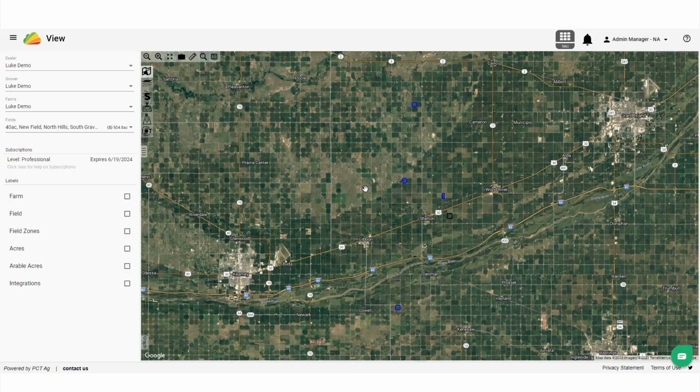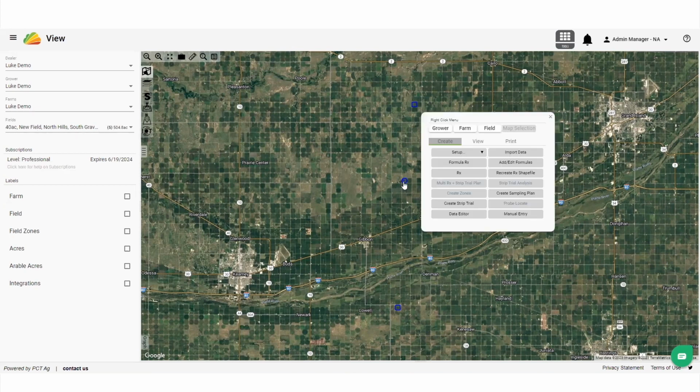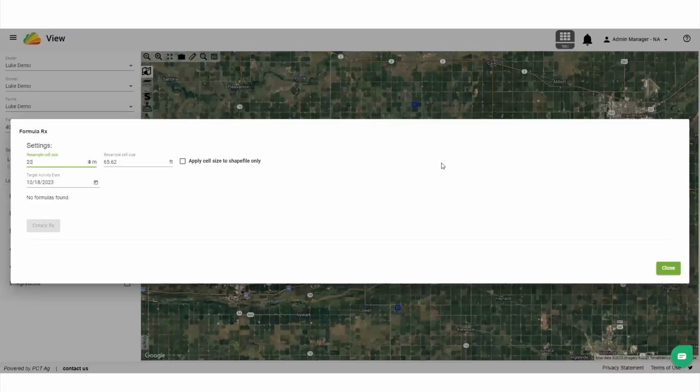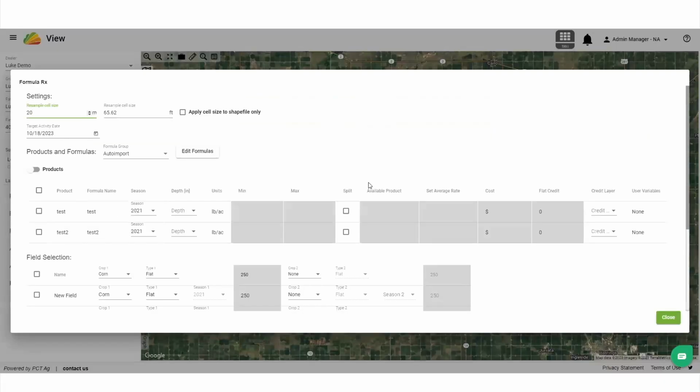With the PCT North America team, and in this video I will show you how to use the Formula RX tool. Begin by selecting the fields that you would like to work with in View, and then navigating to the Formula RX tool. Beginning with the settings, the resample cell size lines allow you to change the pixel size used